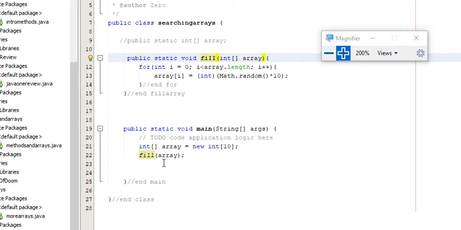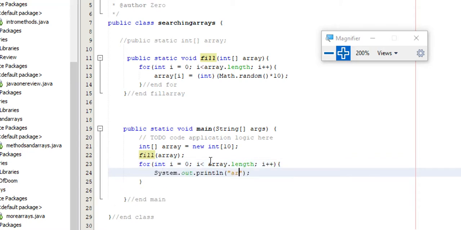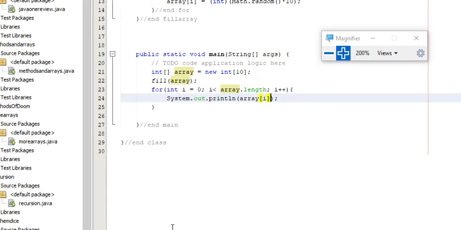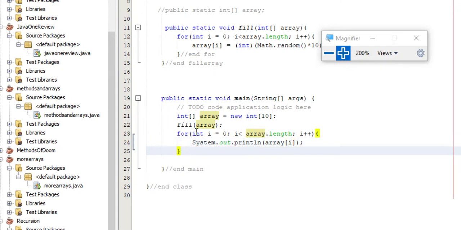And that should fill my array. Now if I want to print it, I should be able to see what's in it. I can just simply do int i equals 0, i less than array.length, i plus plus. And I just simply print array i. And we'll take a little check and see, there we go, 26, 26, and so on. Now you're going to have a couple of repeats in this because it is relatively small usually, but that's okay. Now that I know it's there,